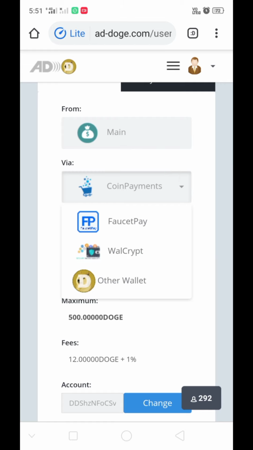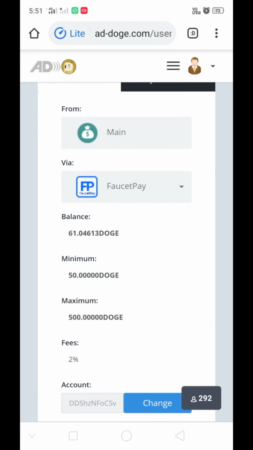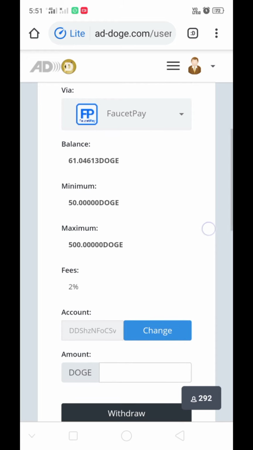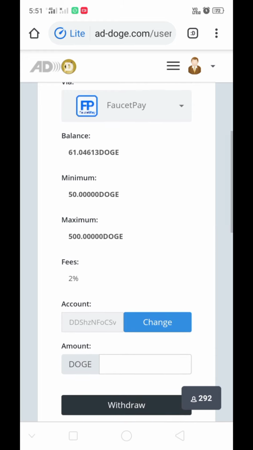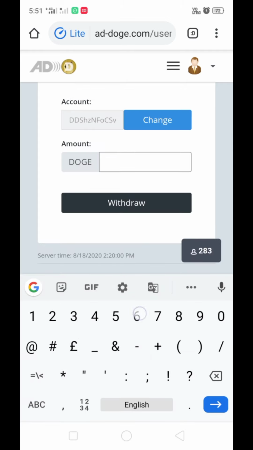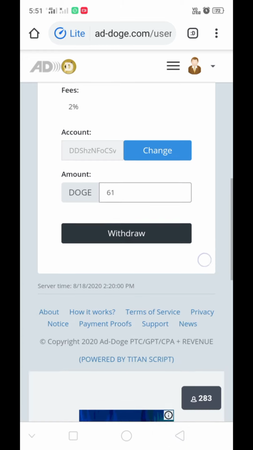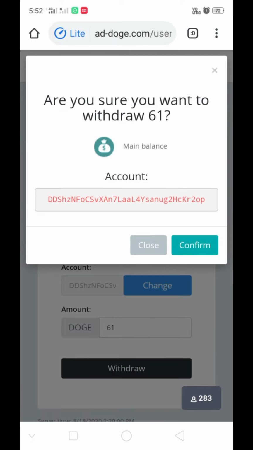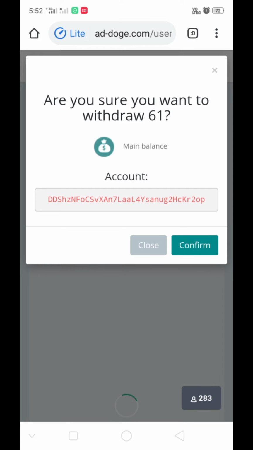Now select FaucetPay, and the transaction fee is 2%. Now enter the doggy coins which you want to withdraw. Now I enter 61 doggy coins. So check it and confirm.